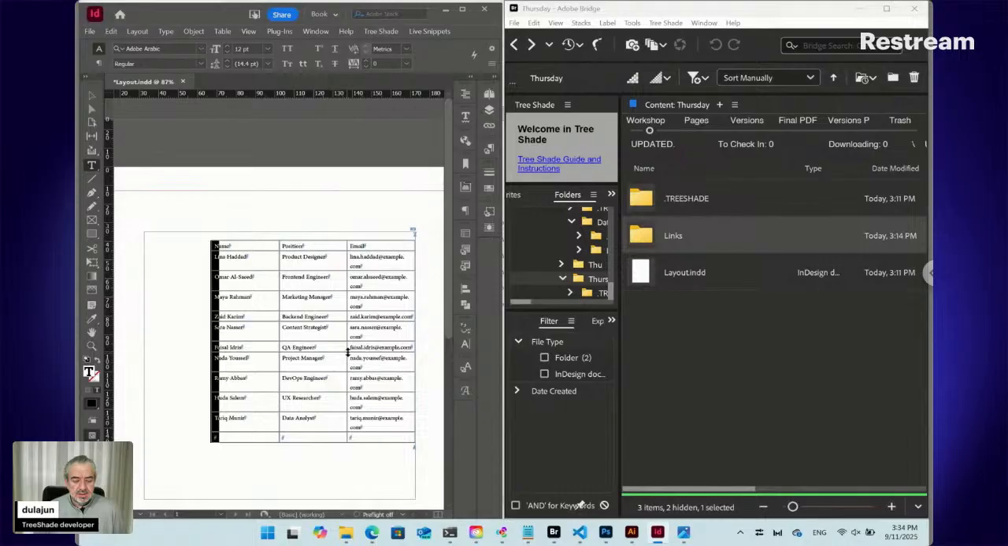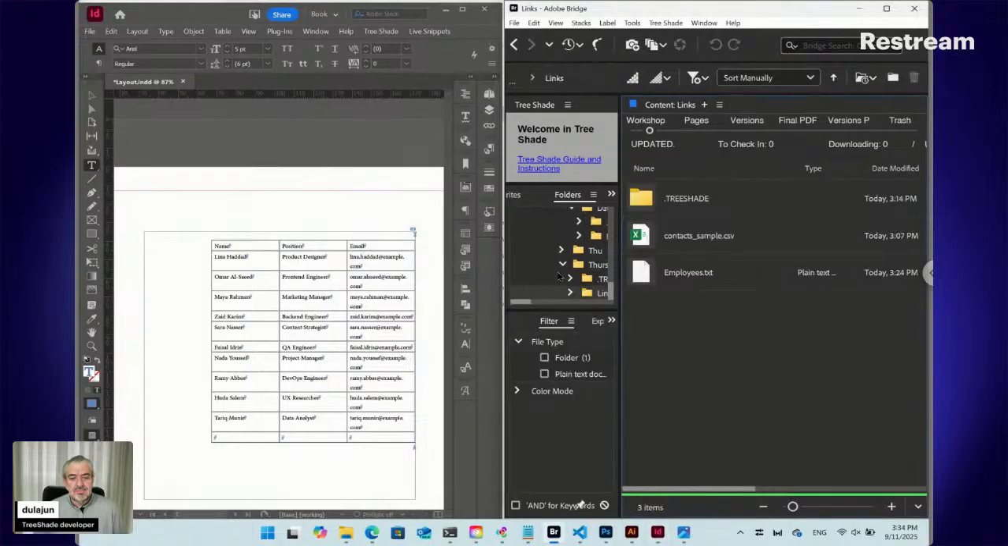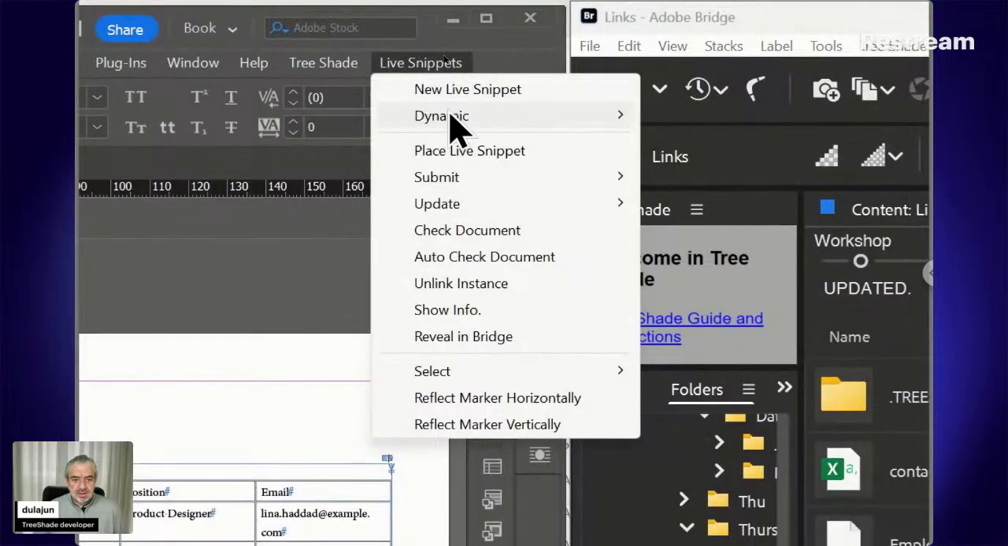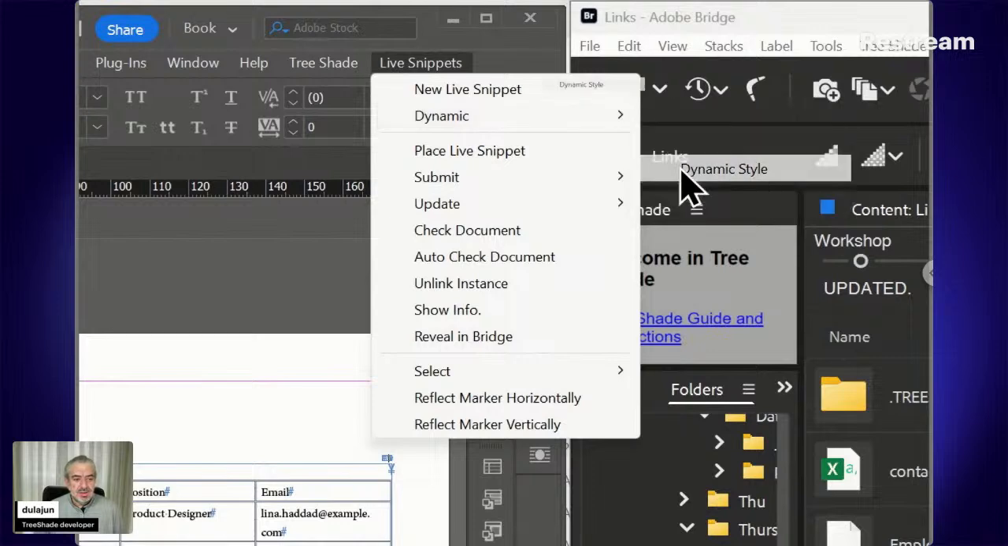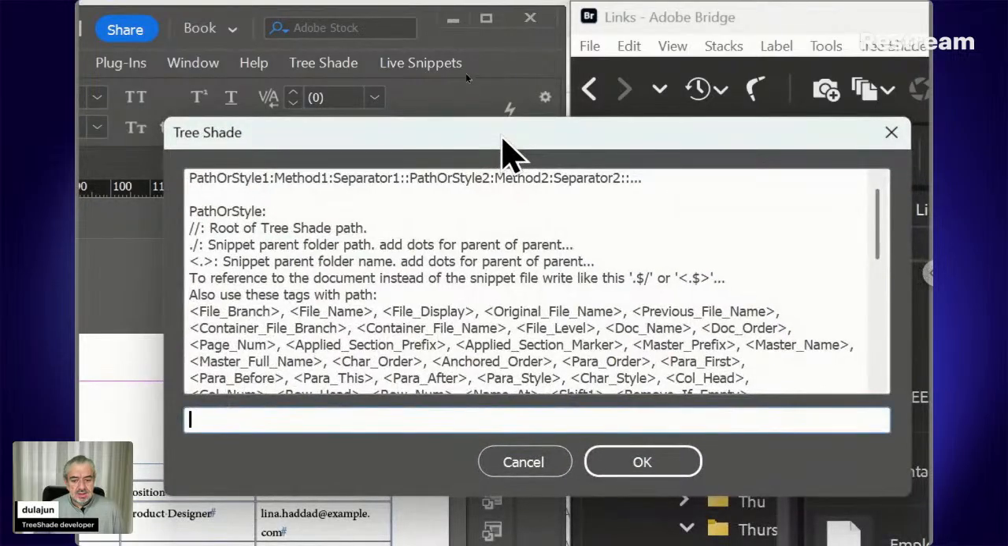the dynamic live snippet inline. So the phrase of the dynamic is inside this snippet, not in an external text file like here, employees. And here you can also assign a dynamic style. So select the non-printing anchor text frame at the beginning and select dynamic style. Then let's add styles separated by two colons. The style name, then the style type, then two colons,